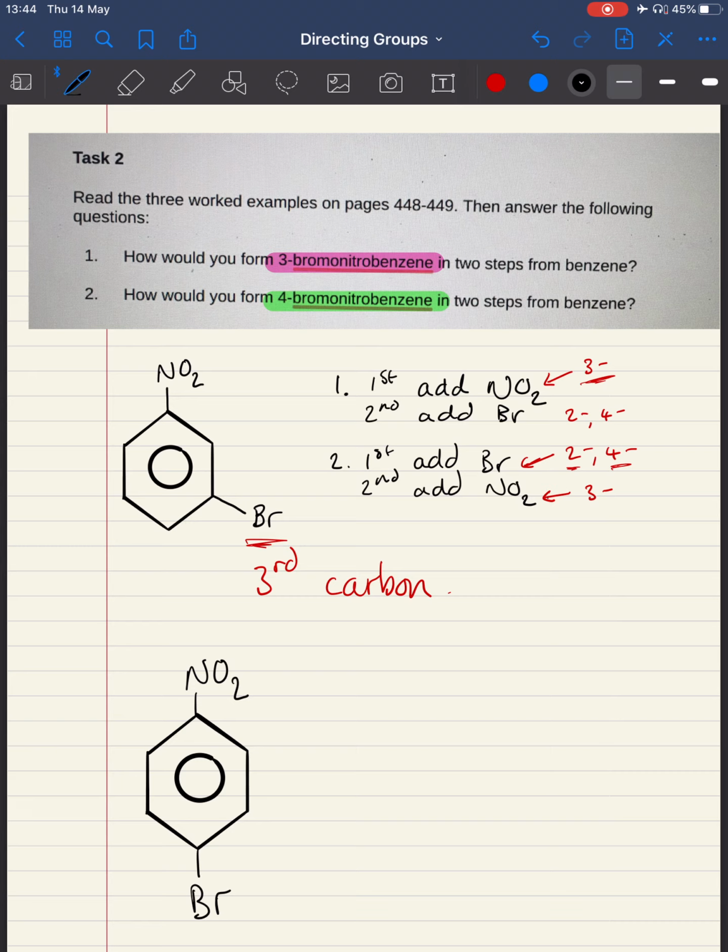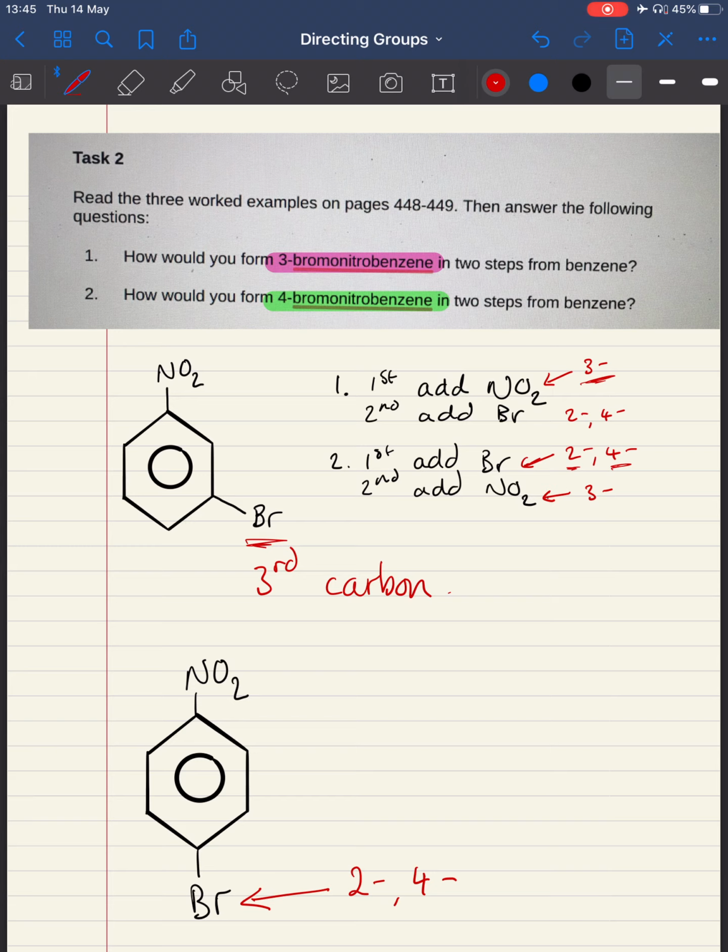So 4-bromo, we're on the 4th carbon. We know that bromine, because it's a halogen, that's a really scruffy arrow, apologies. Bromine, because it is 2 4 directing,